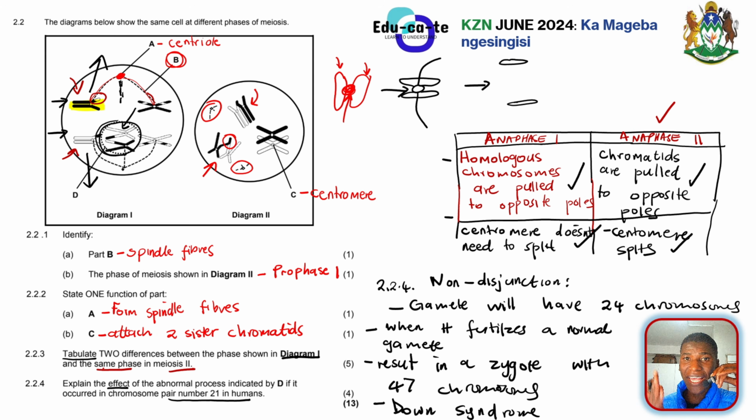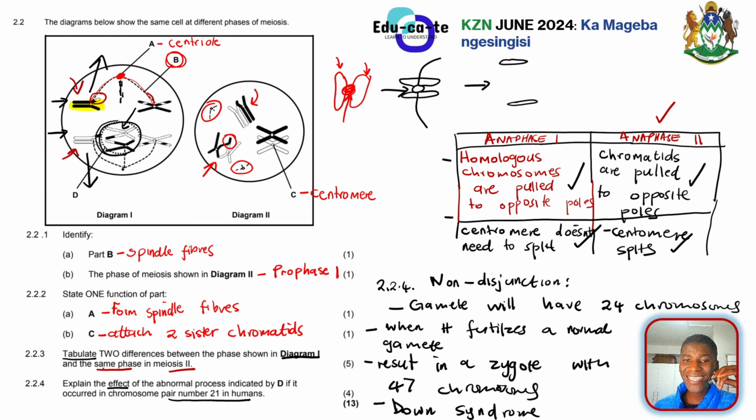So basically, you can answer this in another way. You can say that the gamete will have an extra chromosome on pair number 21, because here, remember, you must be specific on the numbers. If you're just going to say the gametes will have an extra chromosome, it'll be like you are just talking about any normal gamete going through this abnormal meiosis. But here we're talking about a human gamete. So you need to mention that on pair number 21, the gamete will have an extra chromosome.